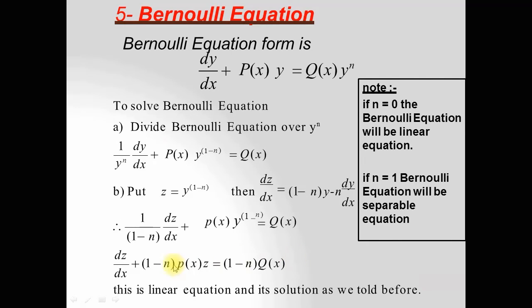So dear students, note that after using this substitution we have a new differential equation which is clearly a linear differential equation in z and x, where z is the dependent variable. So first of all, find the integral factor. Since z is the dependent variable, p is a function of x, so find the integral factor, and then